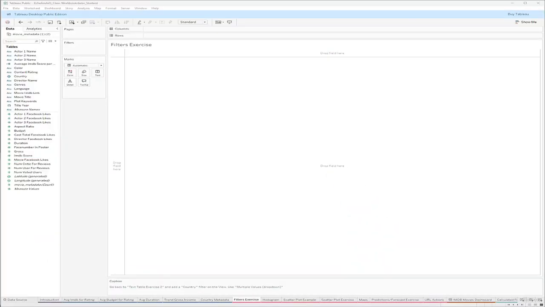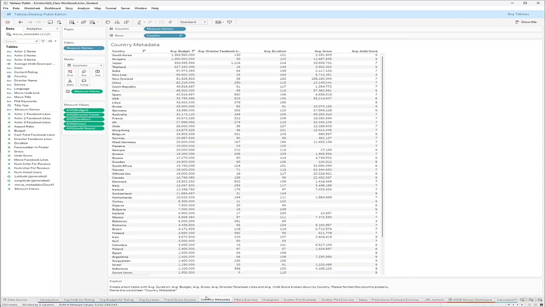Now let's talk about filters. In the caption it says to go back to text table exercise 2 and add a country filter. On the view, use multiple values drop down. So we named our text table exercise 2 country metadata. So we'll go to that, and here we are with our text table, and we already have country on the